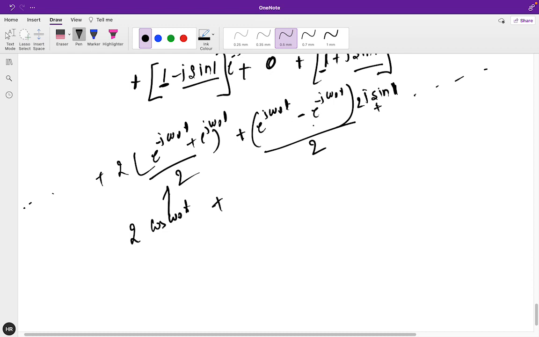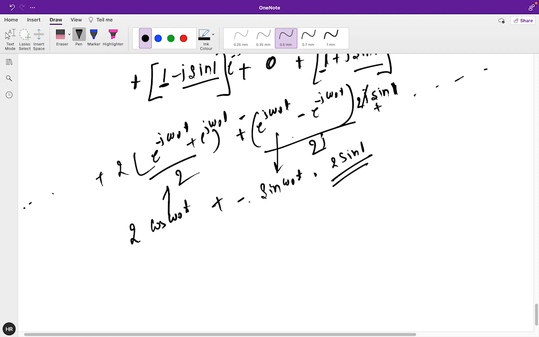It is nothing but e power, and yeah, so we are getting like this. And if you break these things, what will you get? E power j omega naught t minus e power minus j omega naught t divided by 2. Only 2 is there, and this j is there, so I'm taking the j downside, so it's becoming minus. So e power j omega naught t minus e power minus j omega naught t divided by 2j, so we are getting minus sine omega naught t into 2 sine 1. Okay,